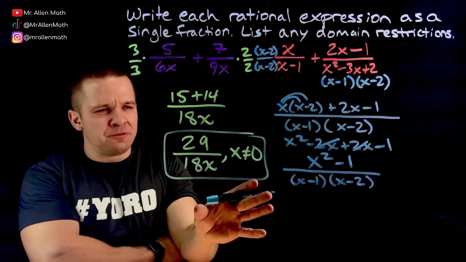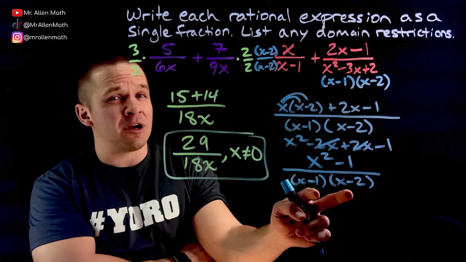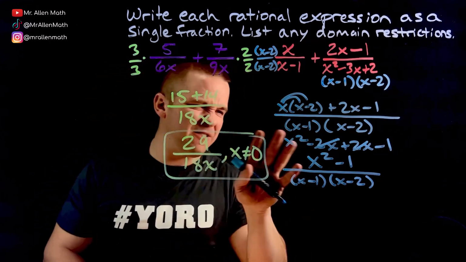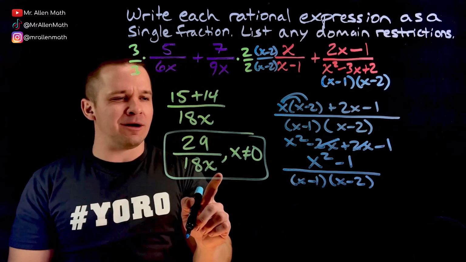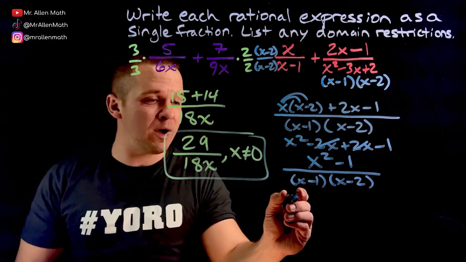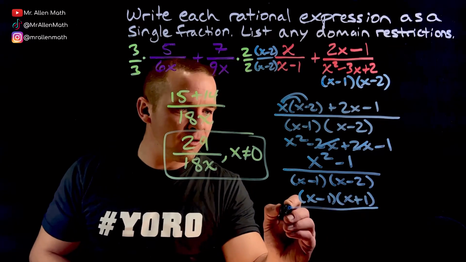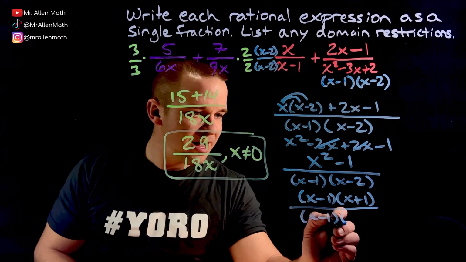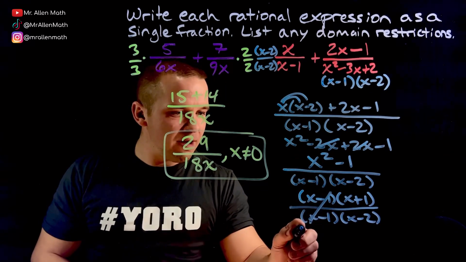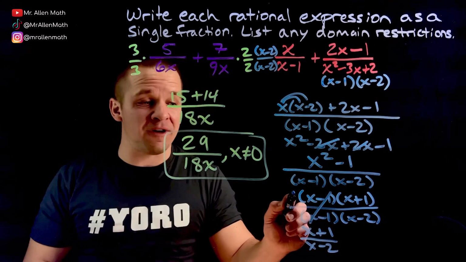Well, before I get too far ahead and go for some simplifications, perhaps we should note that our domain restrictions are going to be x cannot equal 1 and x cannot equal 2. So let's remember that for the final part of the problem. But my numerator actually can be factored, right? That's a difference of 2 squares. So I'm going to have x minus 1 times x plus 1, over x minus 1 times x minus 2. Cancel out. Beautiful. And now I have x plus 1 over x minus 2 as my final answer,